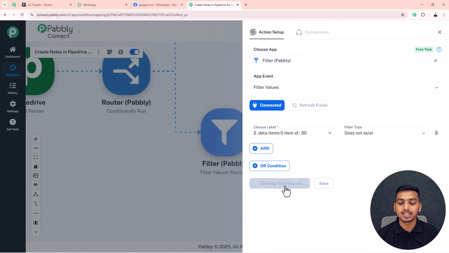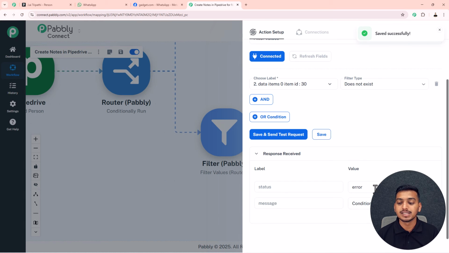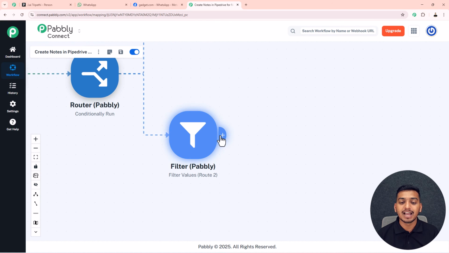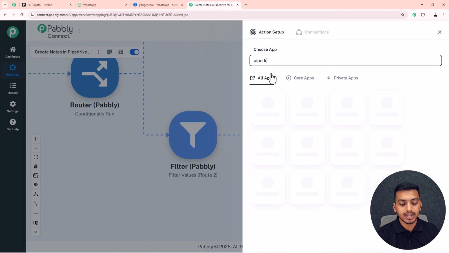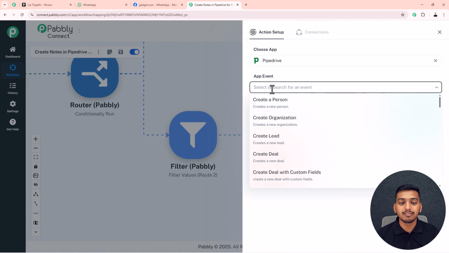Now I will click on this save and send test request button, and you will see that the condition is false because there is already a person with this particular item ID added on my contact. Now in front of this filter, I will add one more action step, and for that also I will add this Pipedrive. So I will select this Pipedrive from here, and then for this application event, this time first of